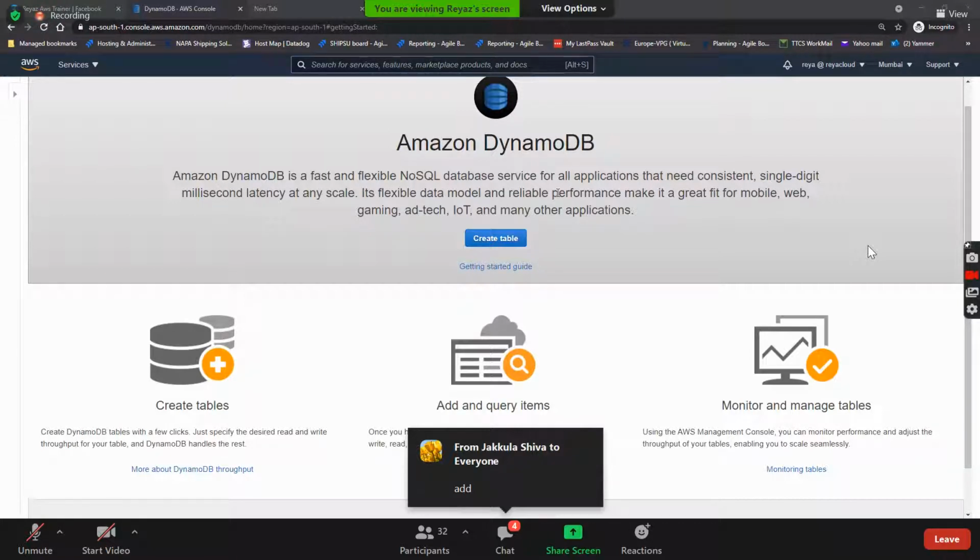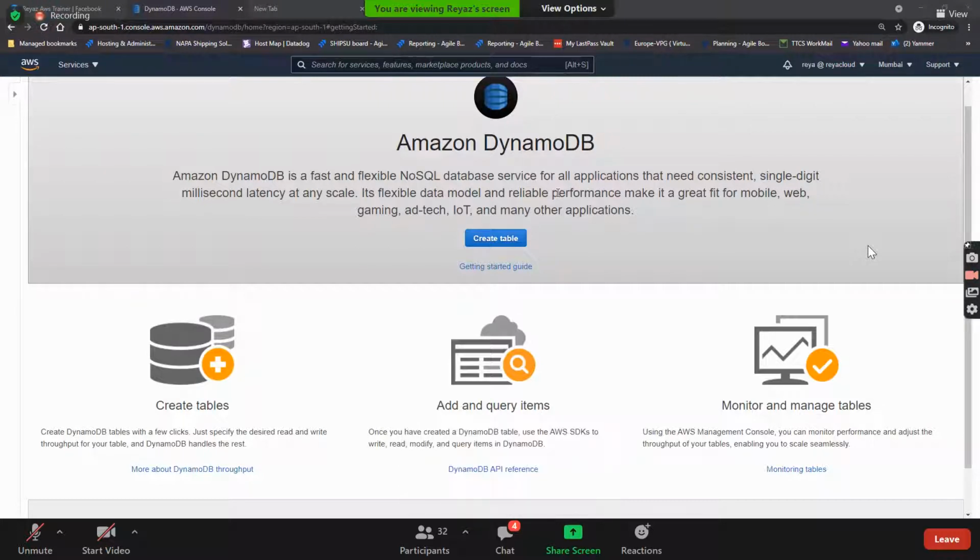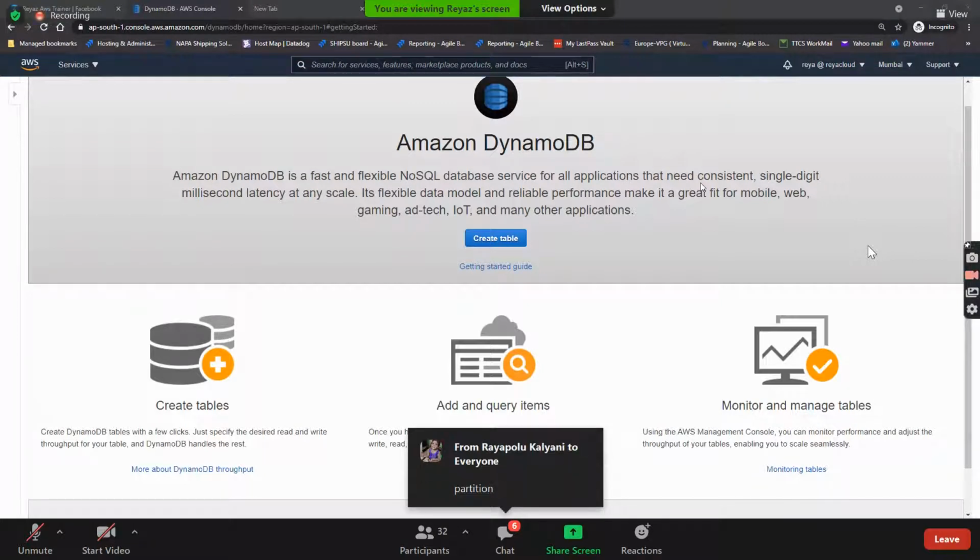What is the primary key called in DynamoDB? Another name for primary key. Partition key, right? That's a partition key.